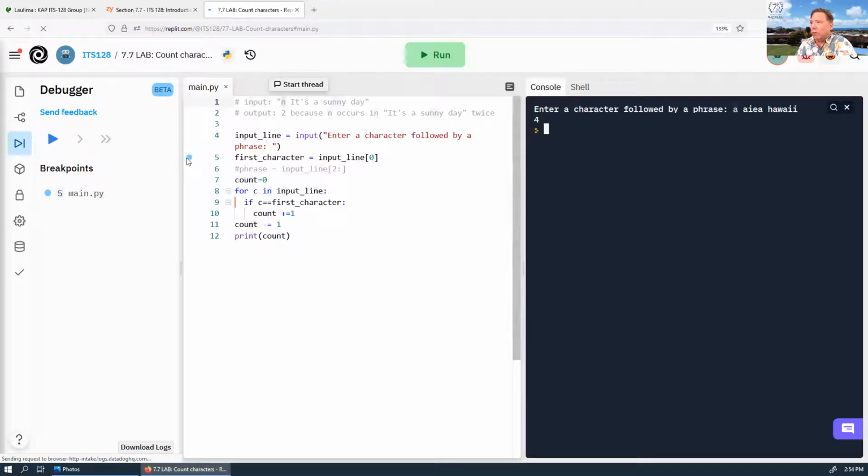So we've got the breakpoint there. Let's start it, and it asks to enter it. And so I'm going to do